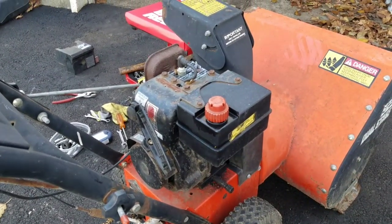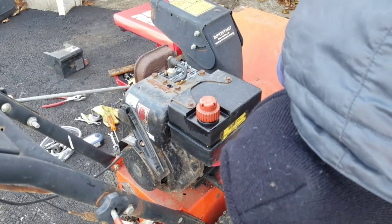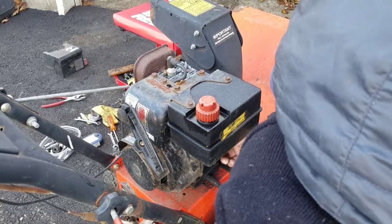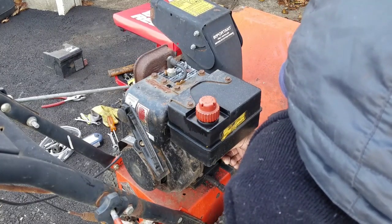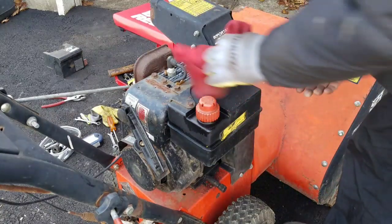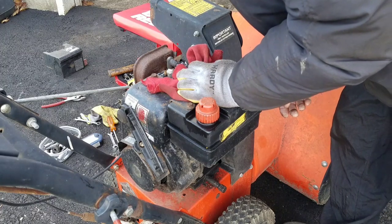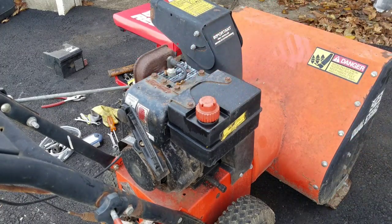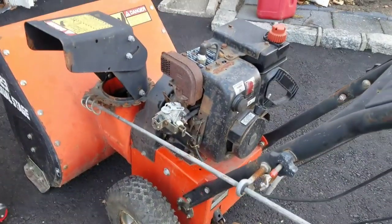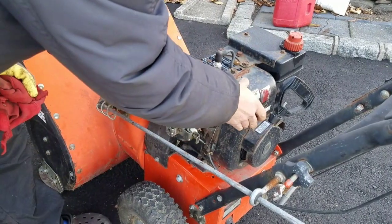Bet you there's a fuel shutoff under here. Huh? It's dripping. I'm going to release it now, counterclockwise. The fuel should be flowing in there. Let's see if we see any leaks. See if we can press it and...